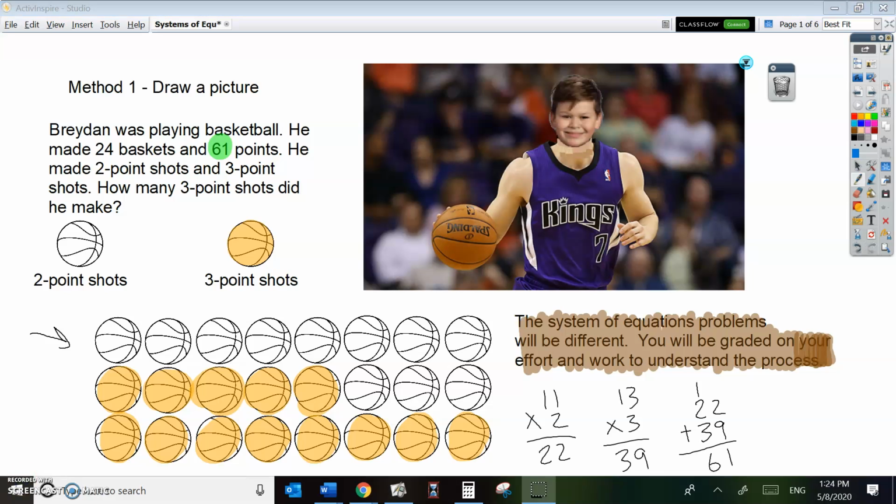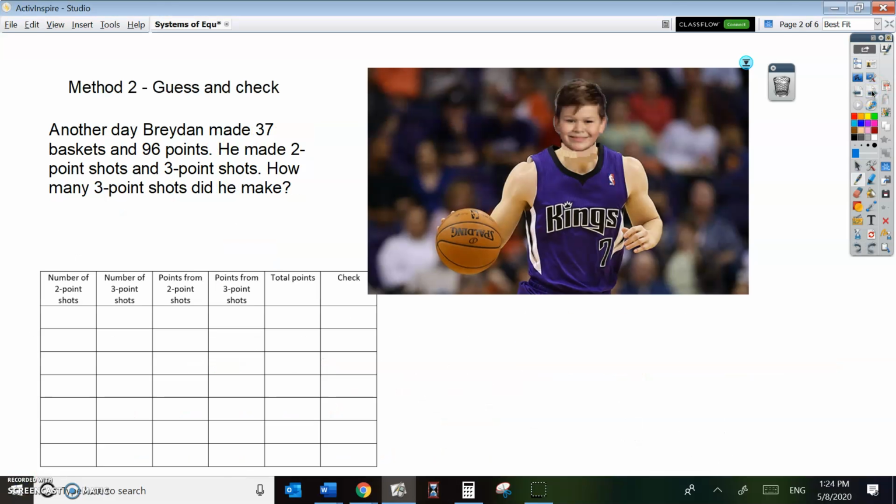Our next method shows a different problem. Same idea, different problem. So here's 37 baskets and more points. So we know that he had more to do if he made 37 baskets, and that would be a bigger picture, and I don't want to do the picture. I want to do guess and check. So I know that the number of 2-point shots plus the number of 3-point shots has to equal 37. So just starting with a guess of 20 2-pointers and 17 3-pointers,